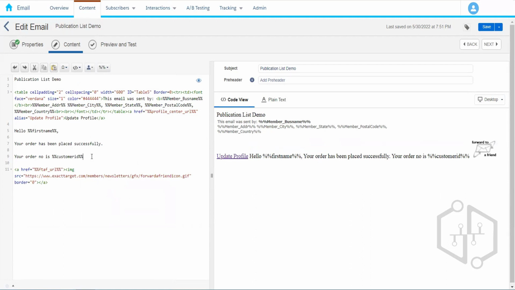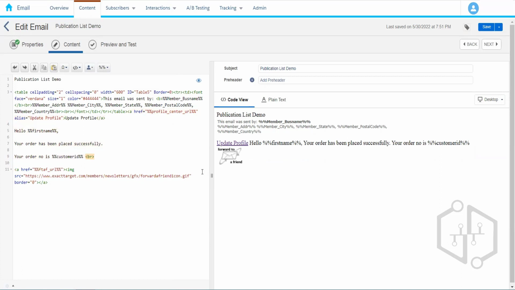Let me add something. Okay, so this is a link. If somebody clicks on this particular link and forwards the email, then what will happen? Marketing Cloud will be able to track the number of forwards, that is, how many times this link was clicked,